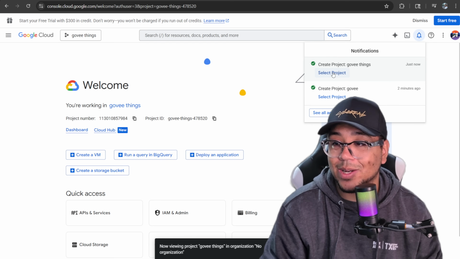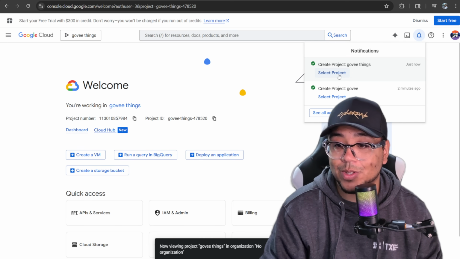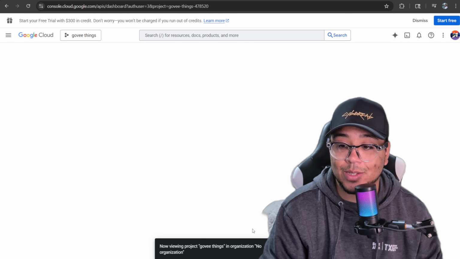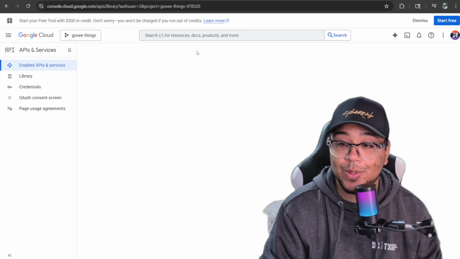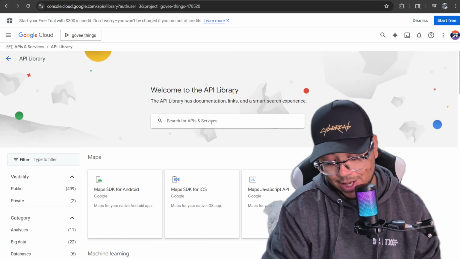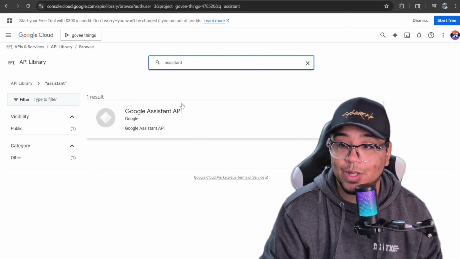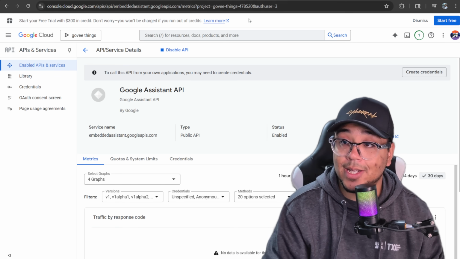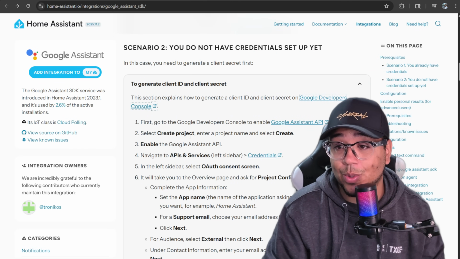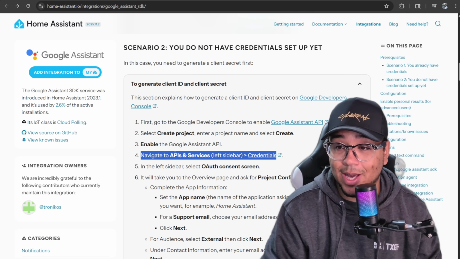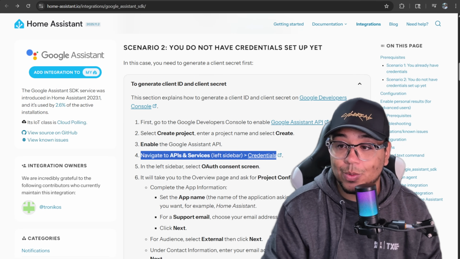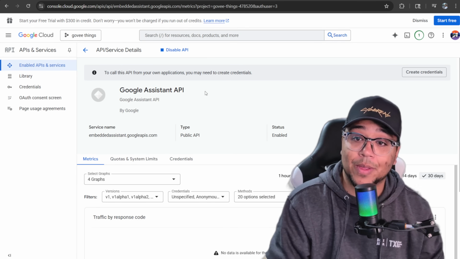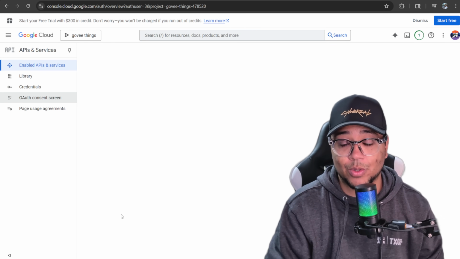Now I already created one, but you go into the new project once it's created. You can see I'm in the Govee things project, and I'm going to head over to APIs and services. Now I need to enable the Google Assistant API. So Google Assistant API, enable. Okay, so Google Assistant API is enabled. What we'll do is head back to the tutorial, and we've created our project, we've enabled the API, so we have to go to APIs and services under credential, but it looks like it wants us to go to the OAuth consent screen, so we'll just go straight to there, click OAuth consent screen,